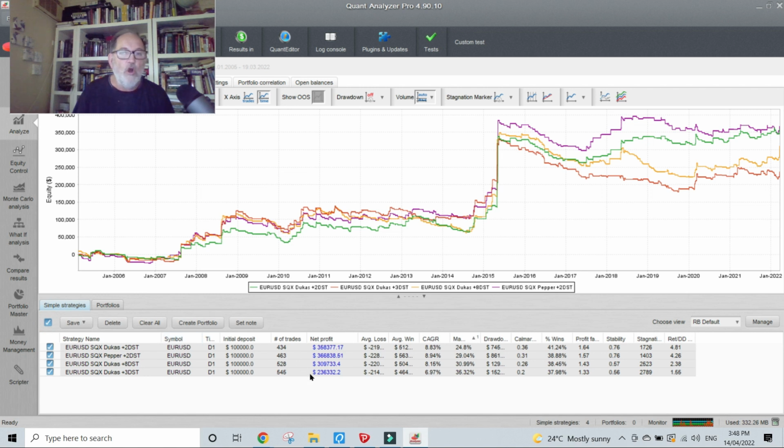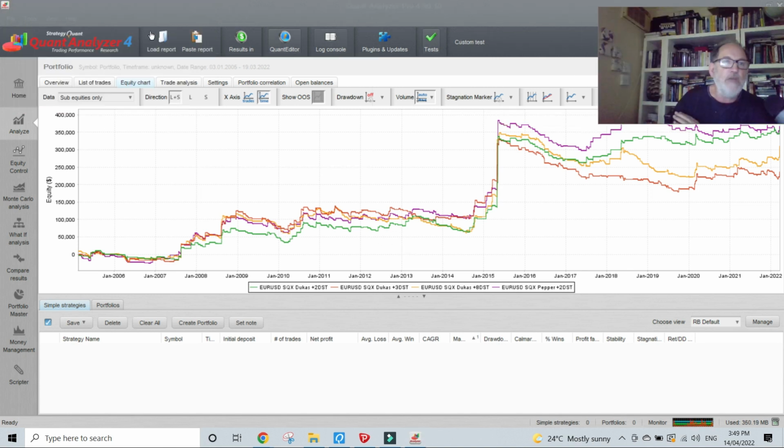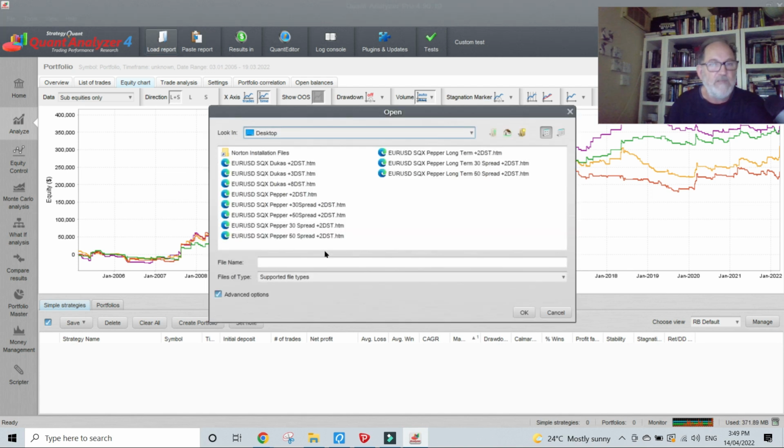So look, what I have done just to compare and contrast all of this is I've also done some very long-term tests using variation of spread, just to show you how, in the scheme of things, these variations we're talking about are little when we're dealing with this robustness over very long-term data sets. So to show you, I'm going to be loading the reports generated from